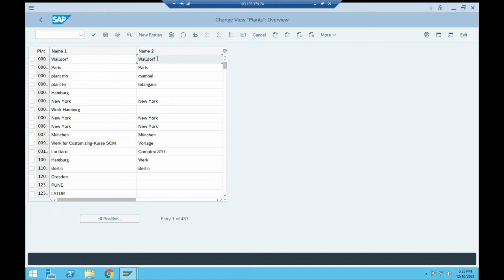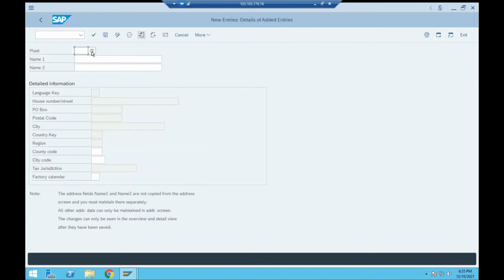Click on Choose. That is the list of plants already created by other users, but we need a new one. For that, at the top of the screen beside the command bar, we have New Entries. Click on New Entries. After clicking on New Entries, we have a plant.